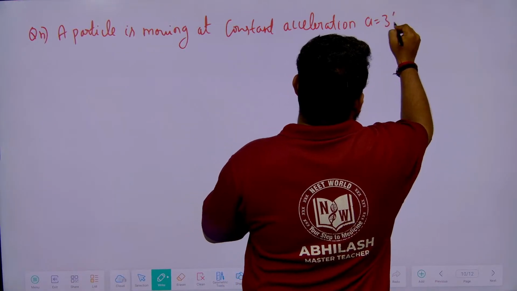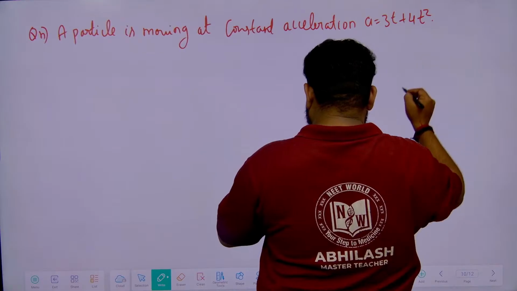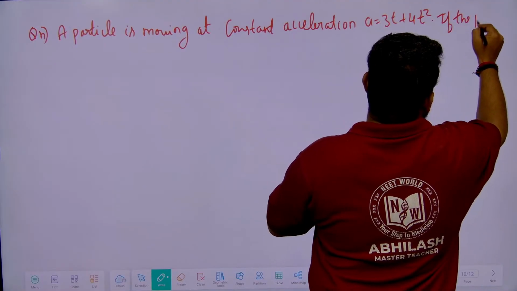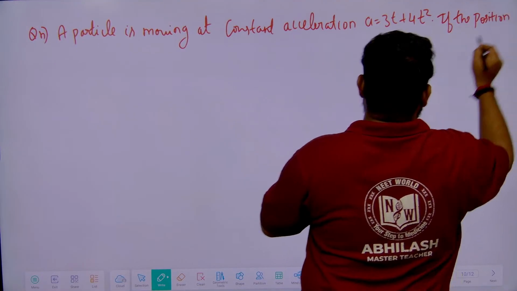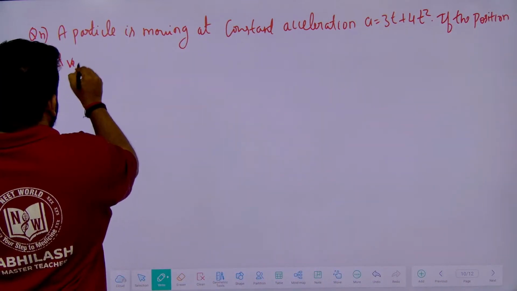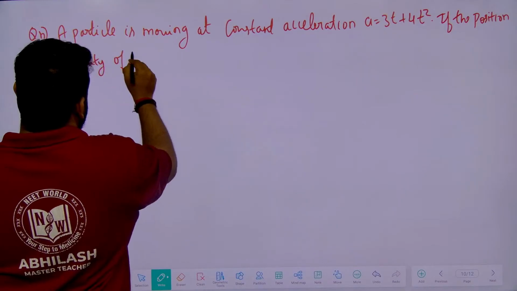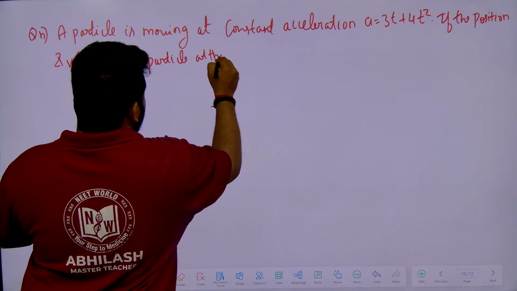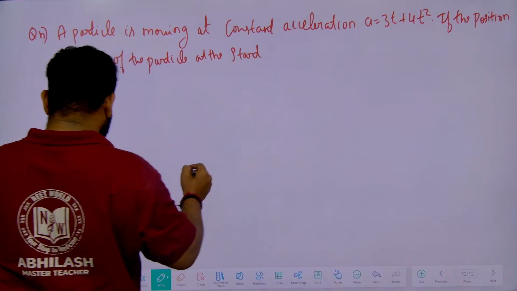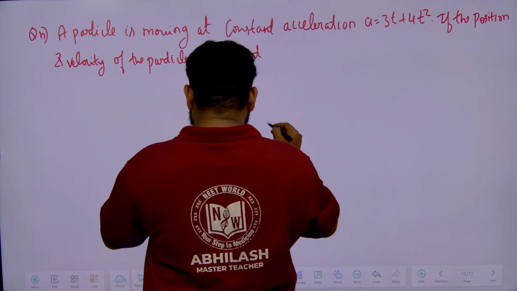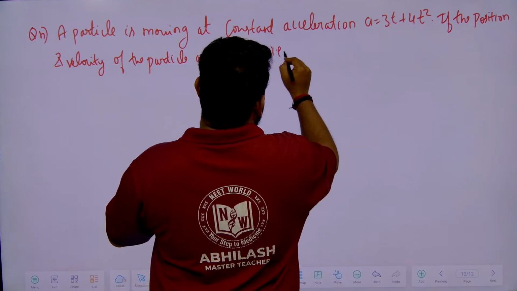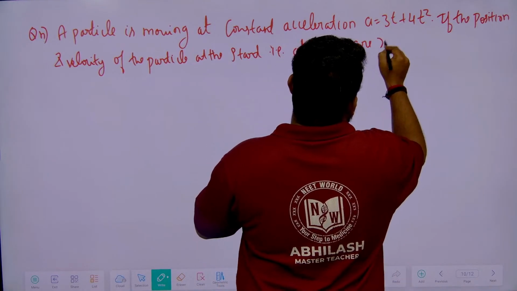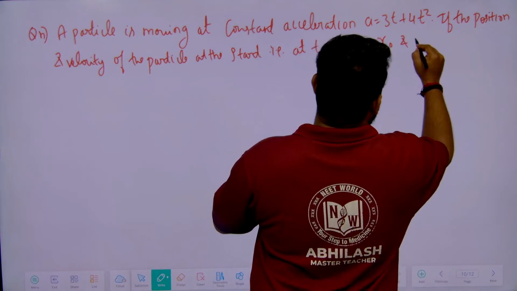If the position and velocity of the particle at the start, that is at t is equal to 0, are x naught and v naught respectively,